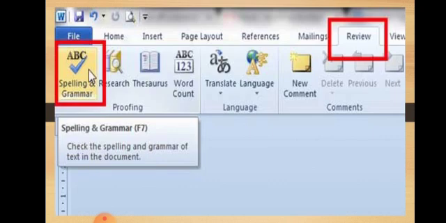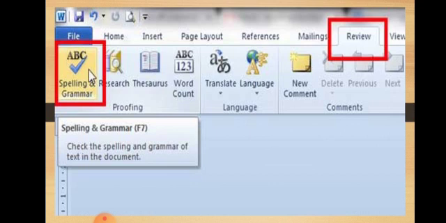Now, checking spelling and grammar. How will you check the spelling and grammar? To check the spelling and grammar, right click on the word with a red wavy line. The spelling and grammar can also be checked with the F7 option.